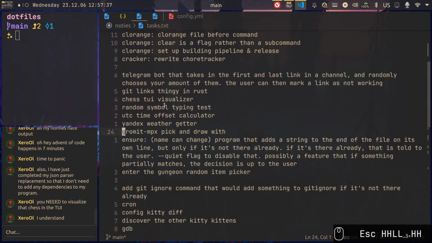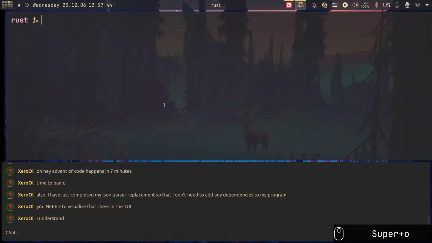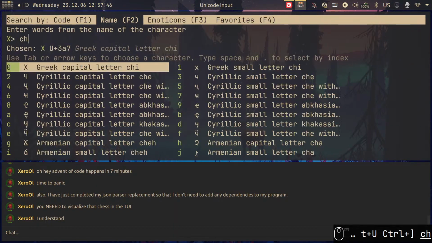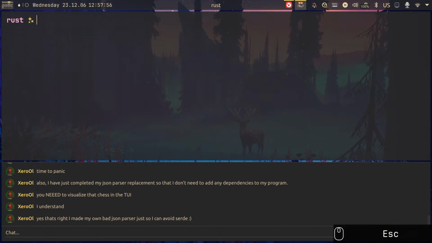I do remember that. Yes, that. Essentially, the idea of this program, and I think I can just show you something, chess. Yeah, there are nerd font symbols for every chess piece. So I thought, what if we made a terminal program that had chess.com as the backend, but the terminal as the front end? And you would be typing in something like